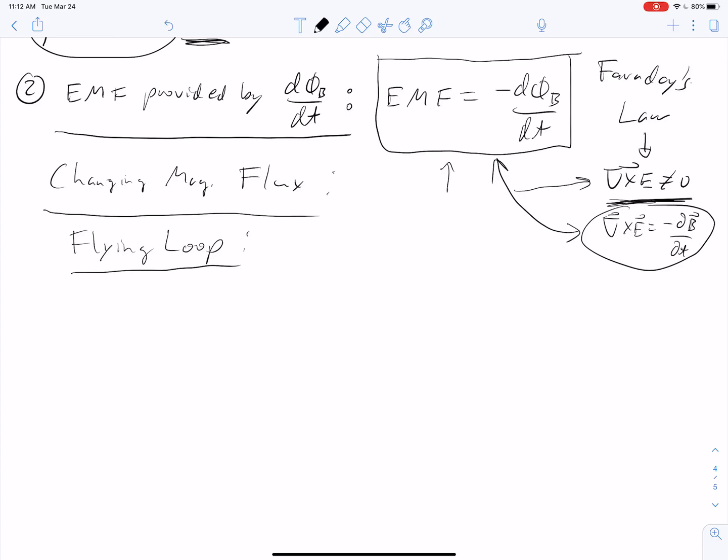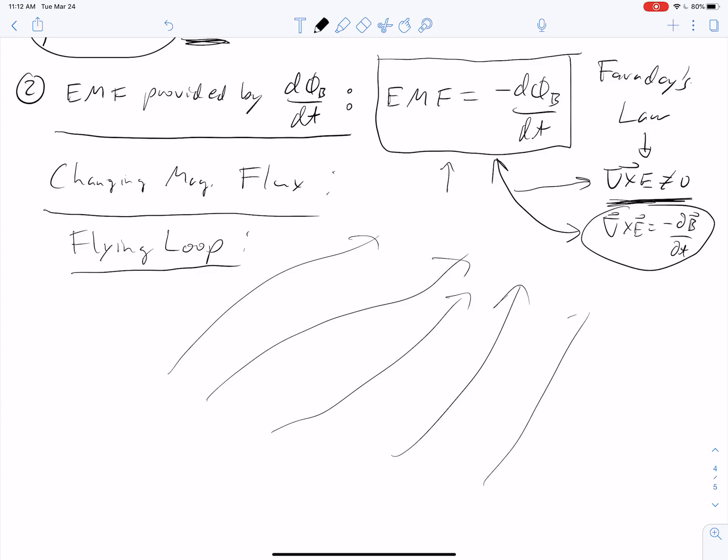Suppose we have some magnetic field which is not constant in space. It's just changing in space, some magnetic field. Those are the lines of magnetic field, B of R, changing in space. And what we're going to do is take our flying loop and